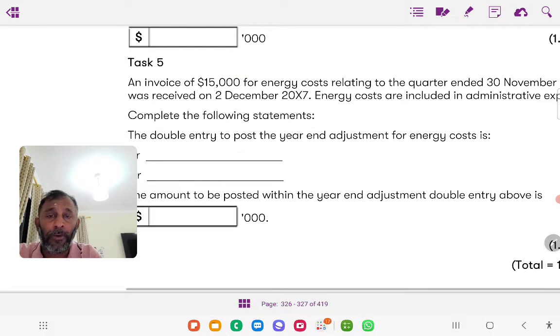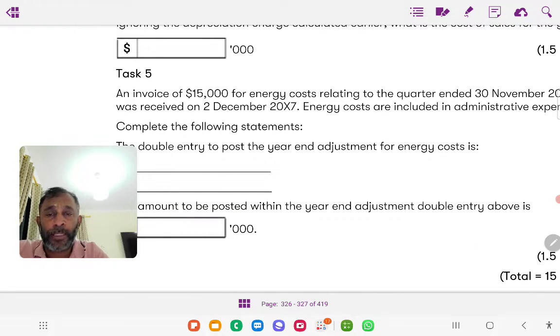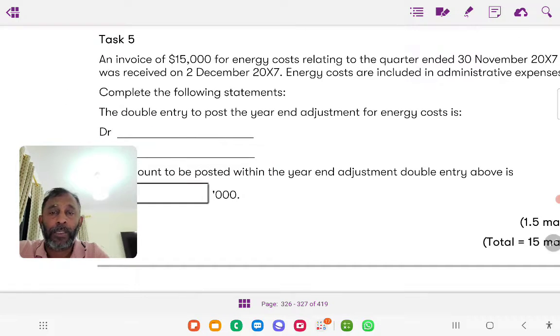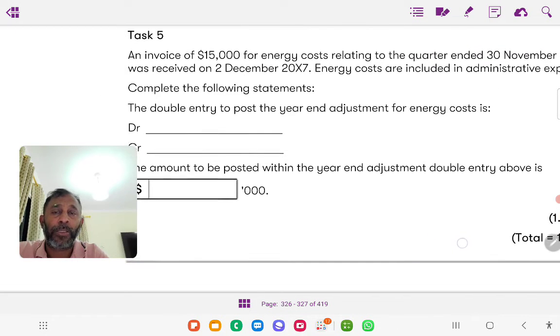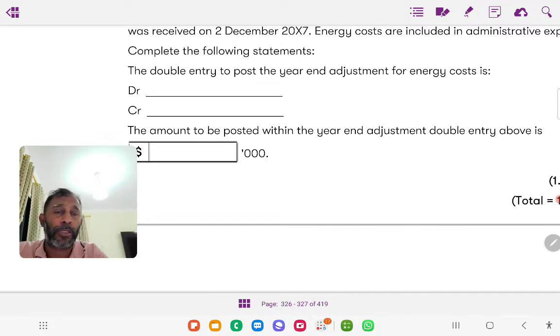Okay. An invoice of 15,000 for energy costs relating to the quarter ended 30 November 2017 was received on 2nd December 2017. Energy costs are included in administrative expense. Complete the following double entry to post the year-end adjustment. So this is actually an accrued expense. You have to credit accruals and then debit administrative expense. The amount to be posted within the year end is